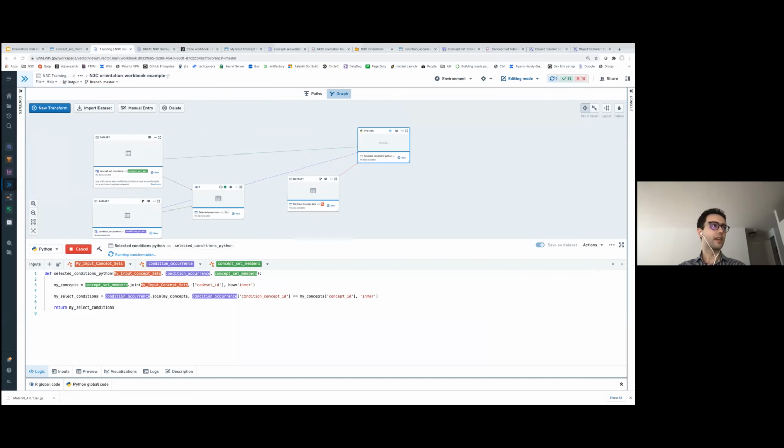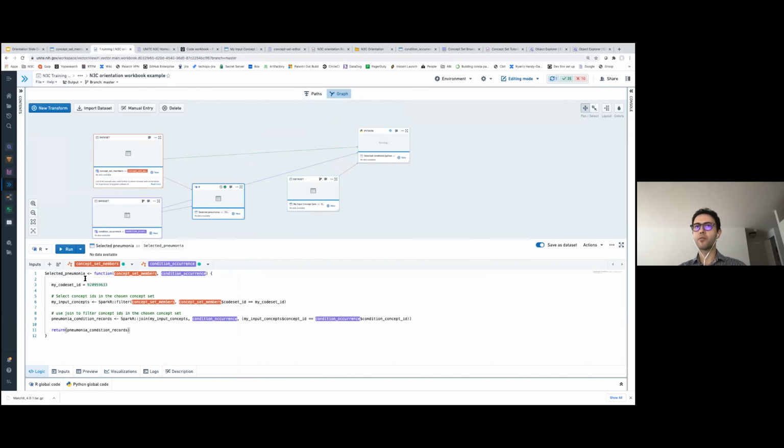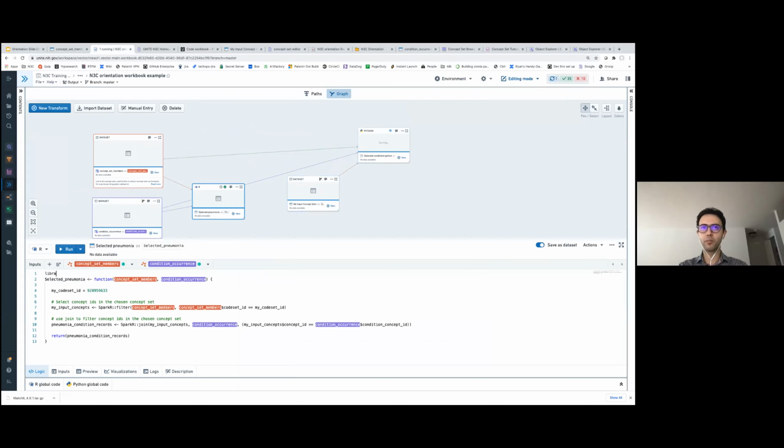So the last thing I want to do while this is running is, well, first, just to finish on this, you can write obviously Python and R code. You can import libraries that you want to use. So for example, in R code, this is the way to import some of the libraries like dplyr if you want to use it within your code. You just import it within your code editor, and then you can refer to it within your code.